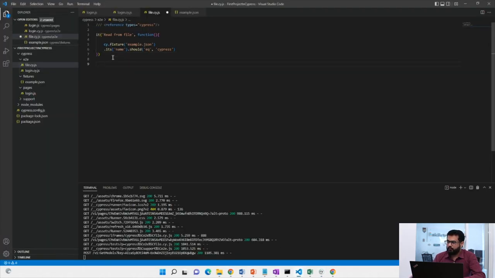What if I want to write into the file? The code for that would be this. I would simply first copy this to save some time, and let me remove this one from here and call it write into file. Then I would say cy.writeFile, and then I have to give the name of the file where I want to write. So I say sample.txt,